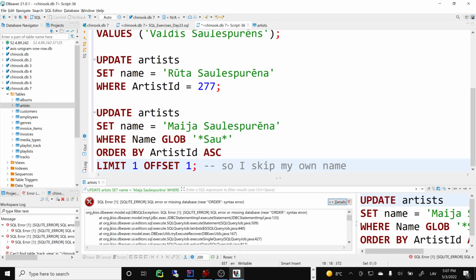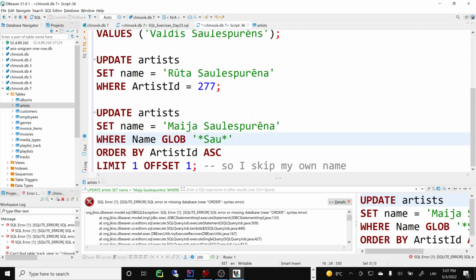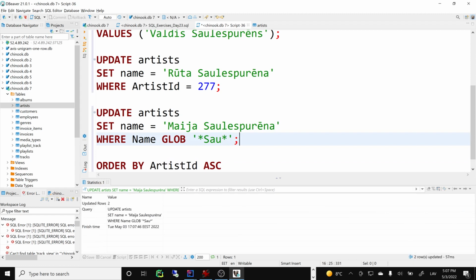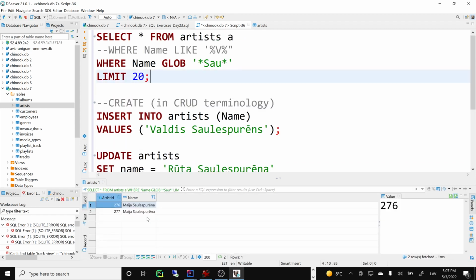Near order by, there's something wrong here. Let's see what the problem is. Where name is globe, this works fine here, so why doesn't it work here? Okay, let's live dangerously. Obviously this is not correct, but if I do this part here, this part works. Now imagine my name: there are two Maya Salzburn, which is not